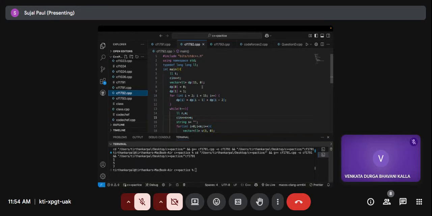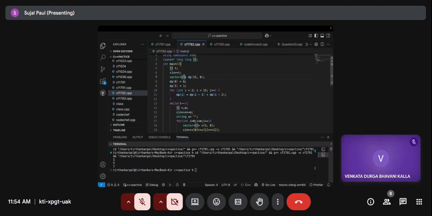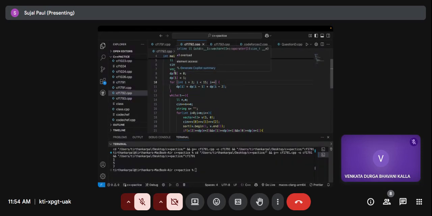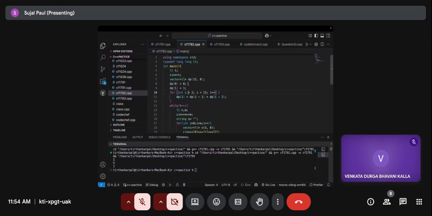So you can see here what I am doing: in the vector dp, I am storing all the Fibonacci numbers. Okay, so dp of 0 is 0, dp of 1 is 1. So I am calculating all the Fibonacci numbers up to 15 terms,